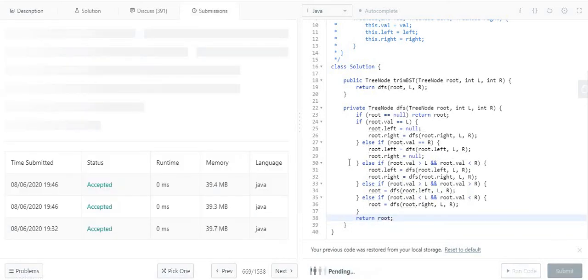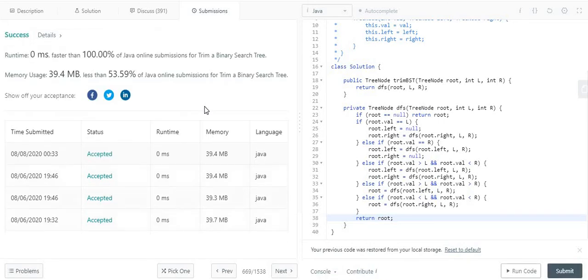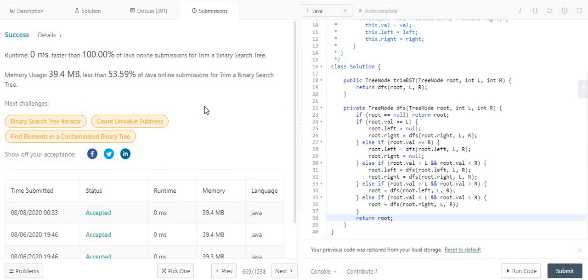Let me run this program and show you the output. It's a pretty straightforward program. In terms of time and space complexity, I'm not defining any extra values to occupy space, so the space complexity is big O of 1 over here. In terms of time complexity, I am traversing the height of the tree, so it is big O of h, or you can consider big O of n over here.